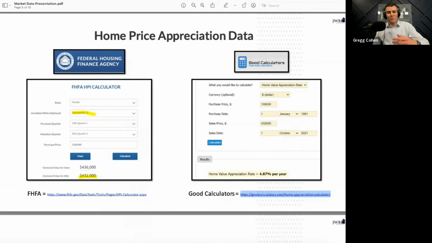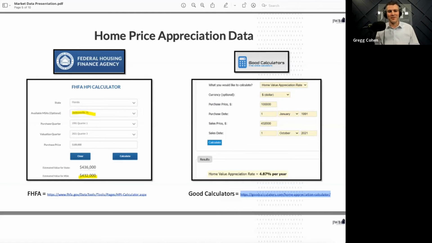So what we're looking at here is the Federal Housing Finance Agency's website on the left here. They offer this FHFA HPI calculator. That is a way of calculating what your market's median expected value is, which is another way of saying expected price. And you can calculate that knowing what they do internally is they calculate what their home prices have appreciated at. And then you can use this data to figure out what your market's home price appreciation rate is, even though they don't exactly share it with you. So you kind of have to know how to work the system here.